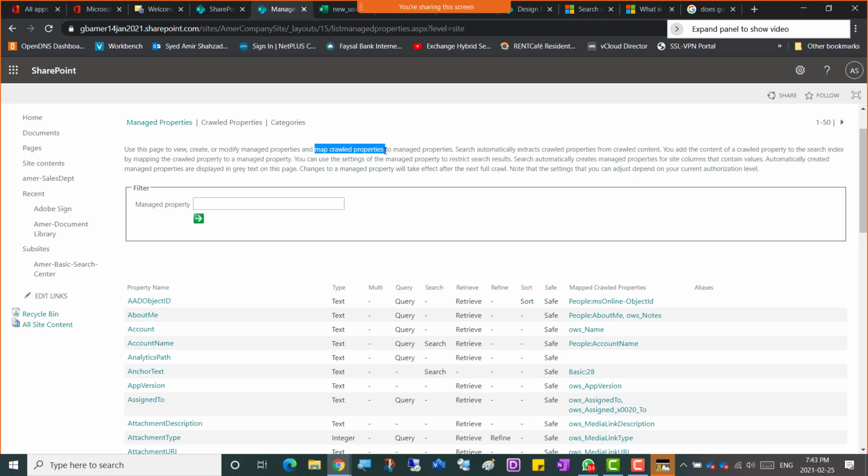Map crawled properties. Crawled means discovered, whatever was discovered on the SharePoint site can be connected to managed properties, so it's map crawled properties to managed properties. Search automatically extracts crawled properties from crawled content. Crawl just means that it's indexing the content of any site. Suppose you just created a new site here, and you want to